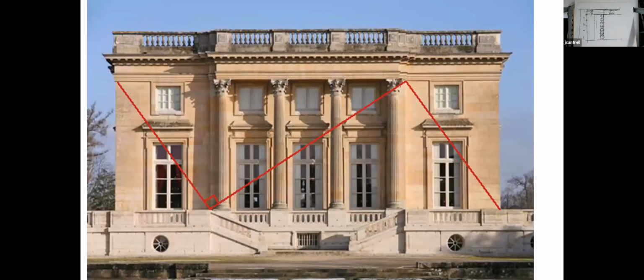We talk about the regulating line. We've seen before that the regulating line regulates proportional relationships. The main diagonal in the central pavilion, which projects, you take the diagonal from the top of the columns to the very base of the columns, you can see the same angle is repeated 90 degrees,